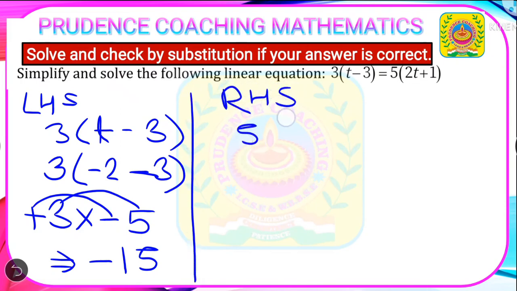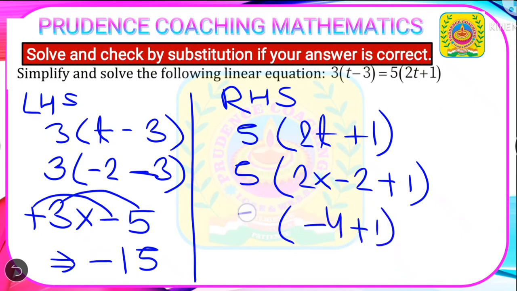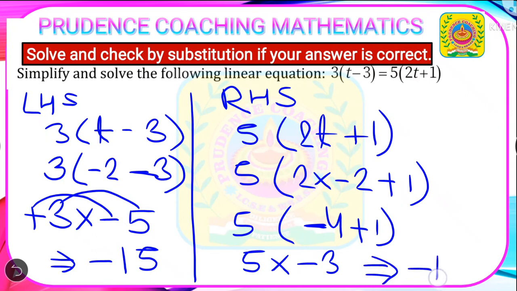That is 5(2t + 1). So here, as we know, the value of t is −2. So let us write 5(2(−2) + 1). Now we need to solve the bracket, that is 2 into −2 will give you −4, plus 1, into 5. So 5 into (−4 + 1), that means −3, because the signs are different. So you need to subtract, 4 minus 1 will be 3, and the sign of the bigger one, that is 4, and we have a multiplication here. So our answer will be −15. As you can see, LHS is equal to RHS, so you write LHS equals RHS, checked.